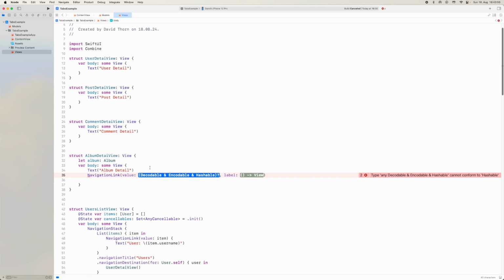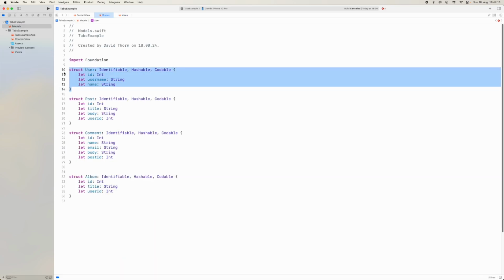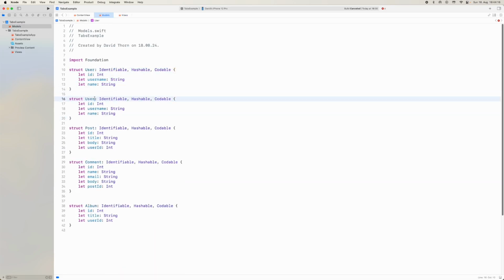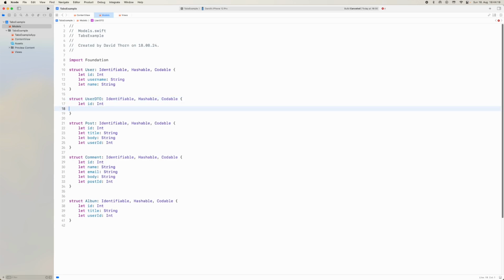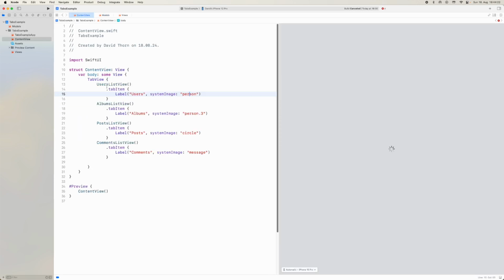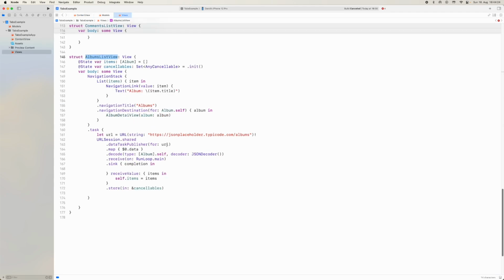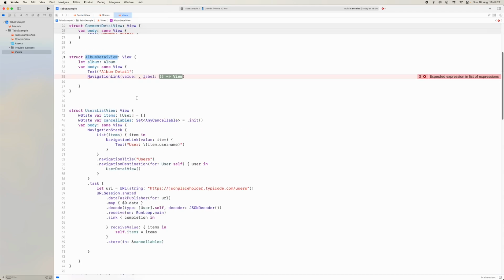So what we can do here is we can turn around and say a user self here, right? A user view here, because, sorry, for value, we can now turn around with inside of this, and what we need to have is another, where was our models? We're going to have another user view, right? And we're going to call this a user DTO. And we're going to remove this username and so on from here, because we need to use this for our albums view, all right? And albums detail view,